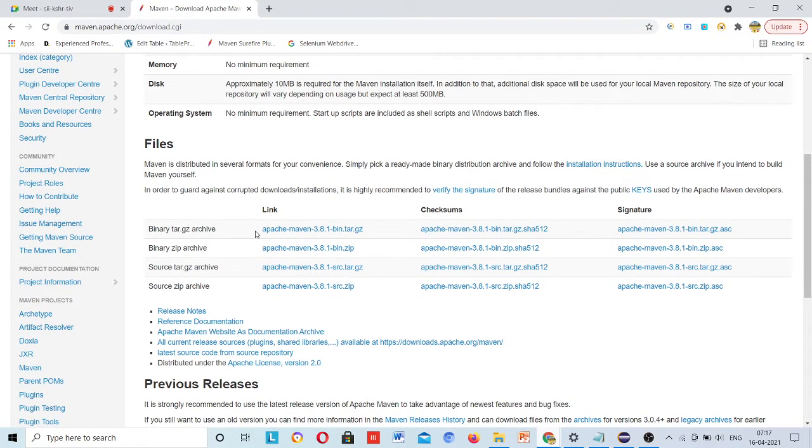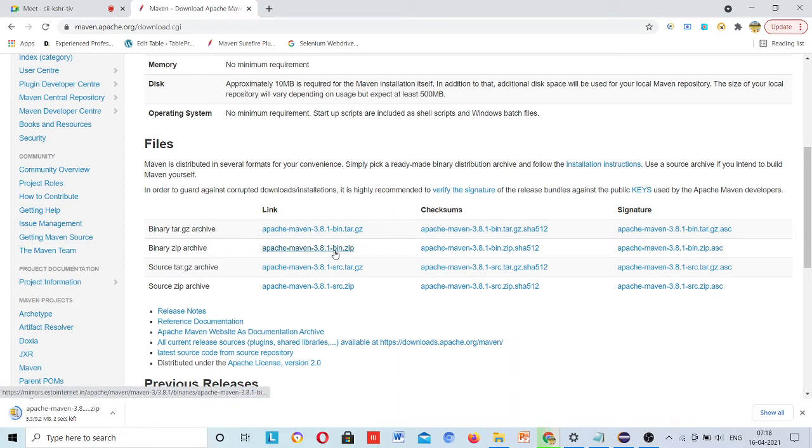Now you'll see these files. Okay, so which one do you have to download? This one, the second, Apache Maven 3.8 bin zip. Click on this and it will be downloaded.